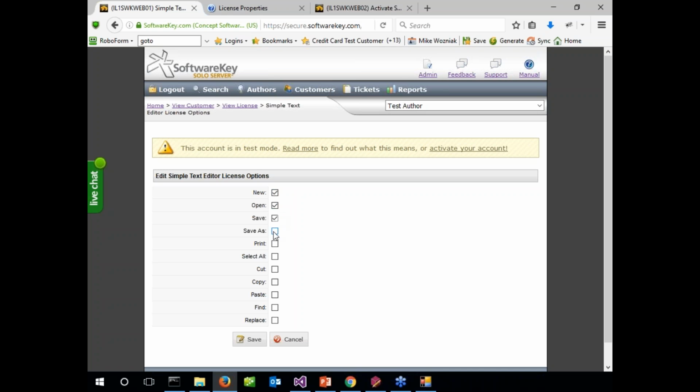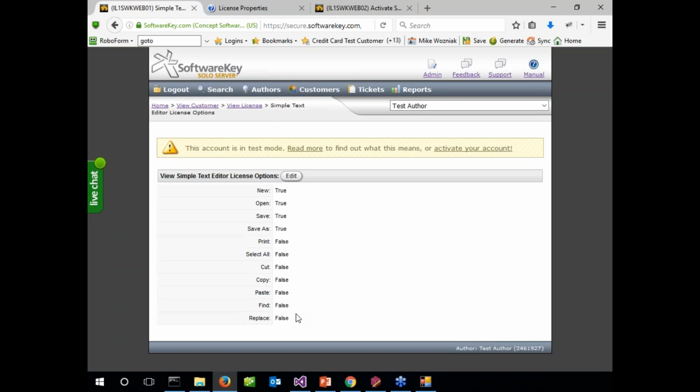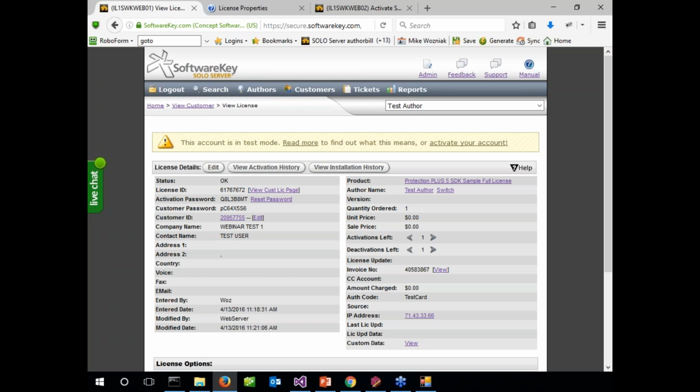So I'm going to customize this license because remember, it's a Notepad application, so all of these are menu options that you're going to see when I run and activate the application, but I'm only going to activate the first 4 options. So now that the license is customized,